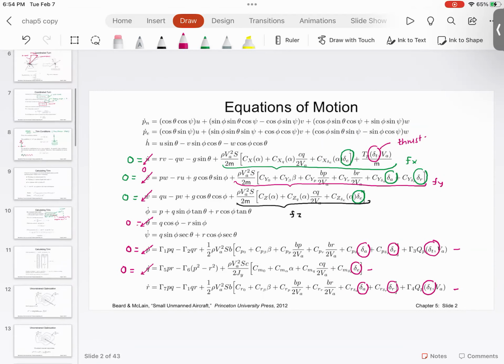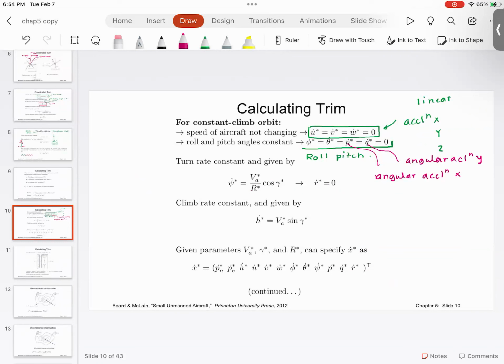Now, second thing, we need to specify some type of a constraint, and turn rate, which is psi dot, is V divided by R, which is the radius of turning, and then we have this gamma angle that is specified. So this is the constraint,